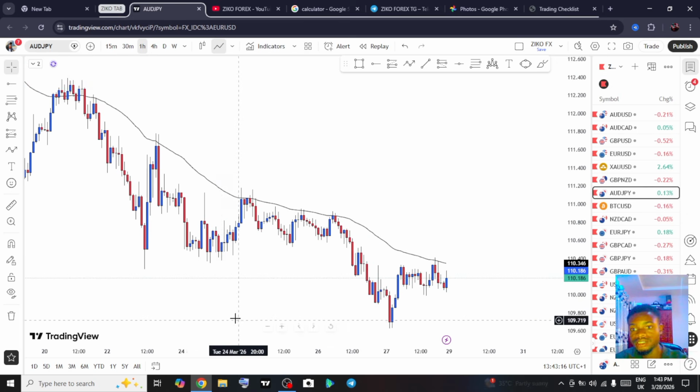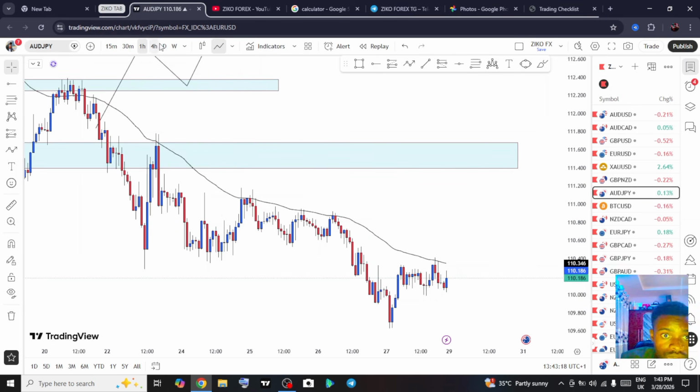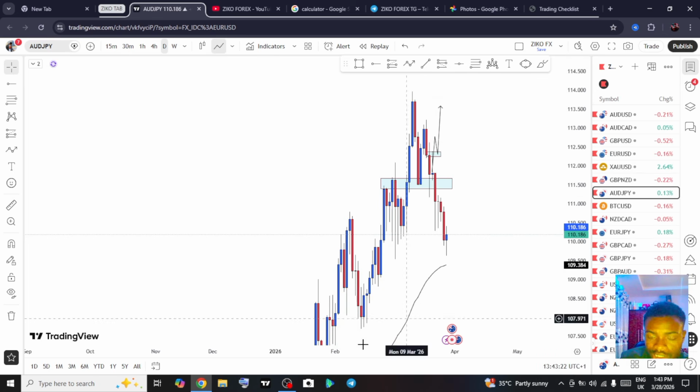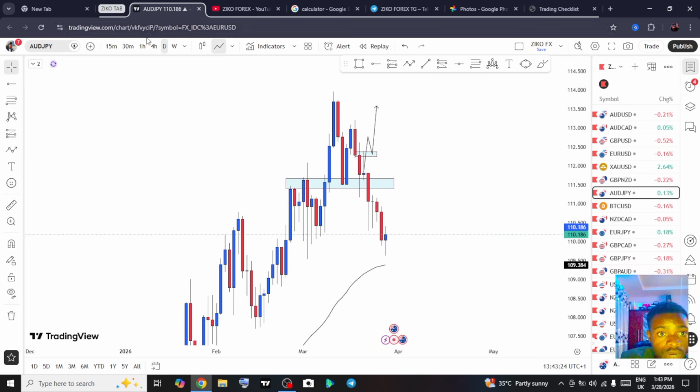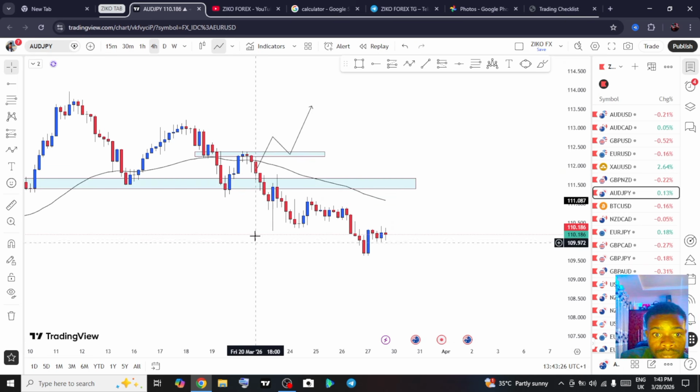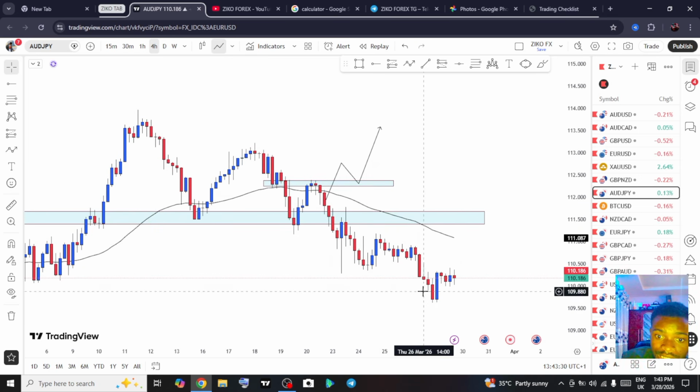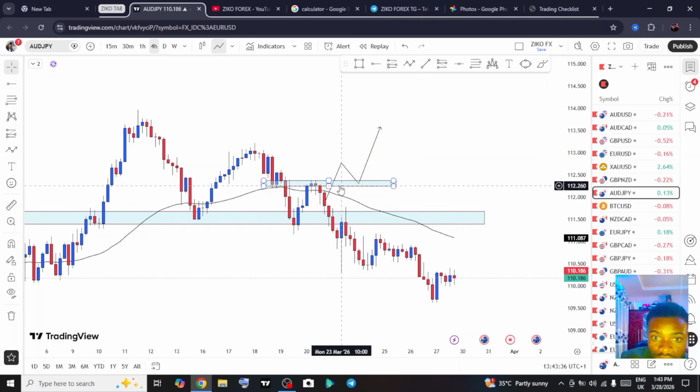AUD JPY, let's see what we got. So AUD JPY, I'm pretty sure I was calling buys on this market last week and the market sold. So I'll show you guys what happened. Right here, this was the buys I was calling last week, and the market, as you see, it sold last week. At the time of calling the buys, market was still bullish somewhat, and what I was calling